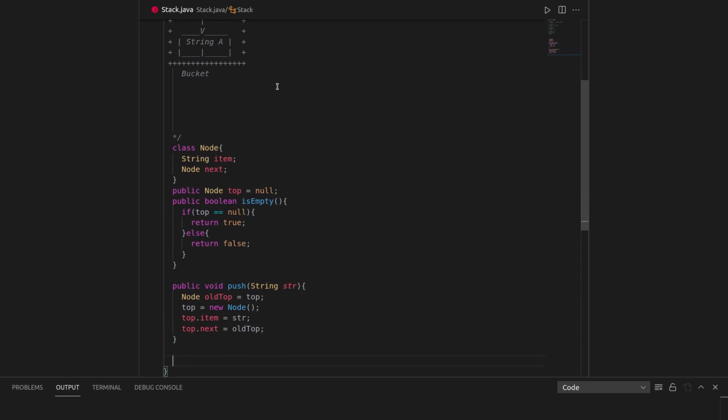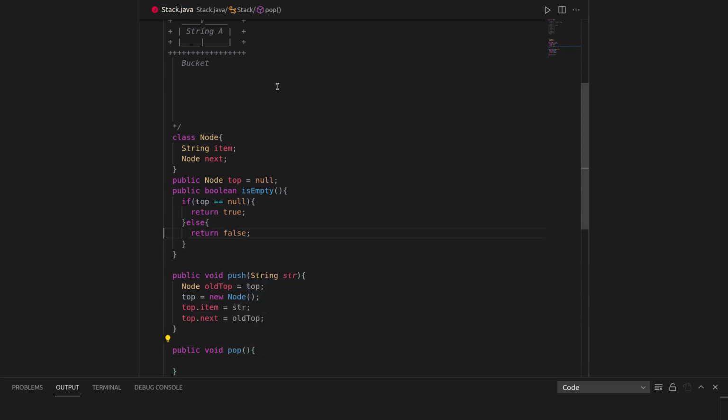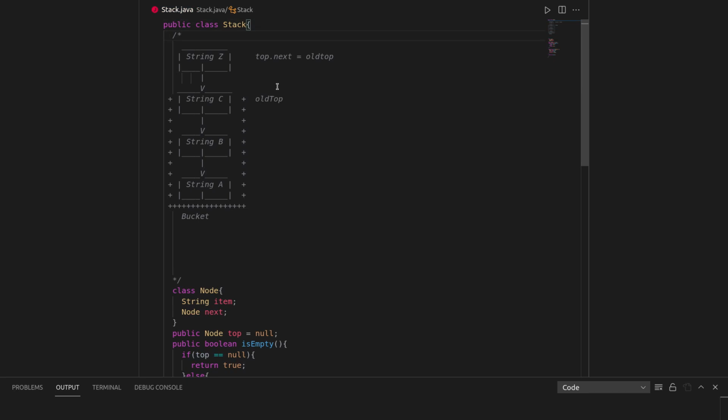Okay, now let's see the functionality for popping out an element from the stack. So to pop an element, let's say we had top here currently. What we do is that we just assign the top variable to the element right below the top element. So we just need to do top is equal to top.next.